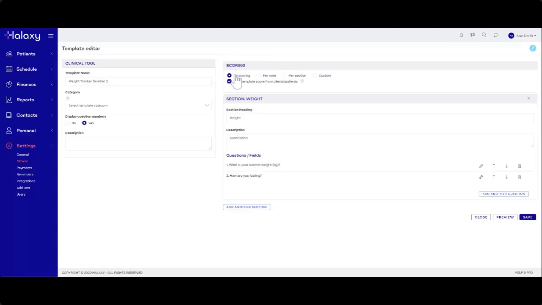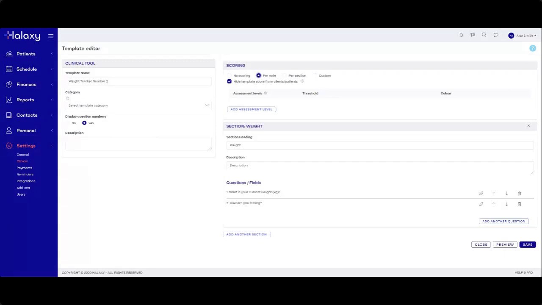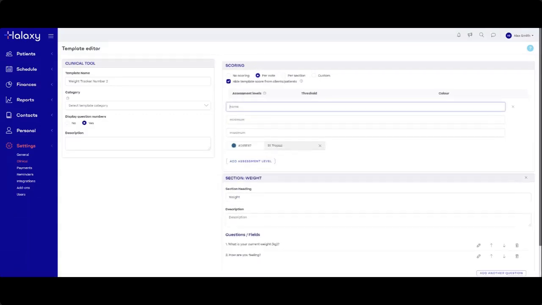So at the moment, our scoring says no scoring. Well, let's add scoring for the entire clinical note. So we'll add an assessment level. This means any question that has any answer that has a value. So we can ask a number of questions here. Any question that actually provides a value, in total, we're going to score that depending on our assessment levels. So we're going to add an assessment level, and we'll say